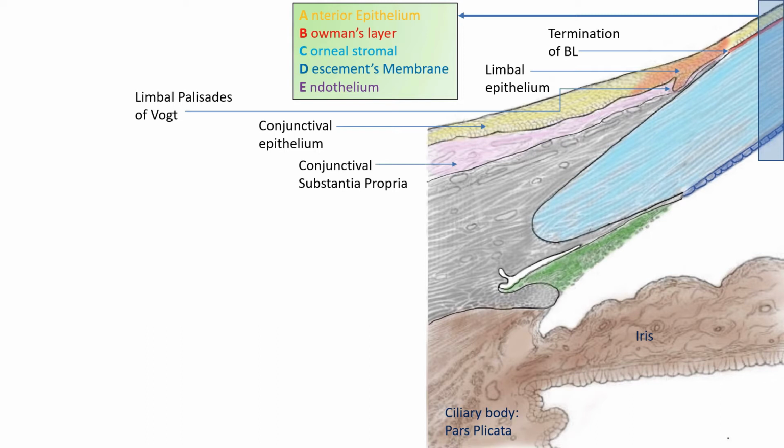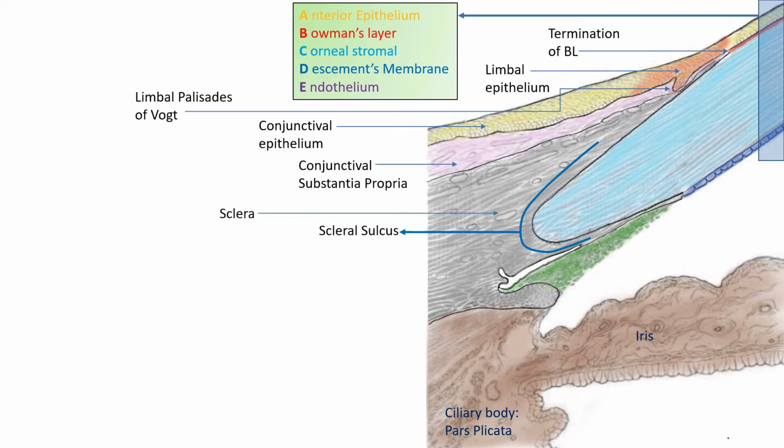Let's go to a lower level, the corneal stroma, in this diagram shown in light blue. At the level of termination of the Bowman's layer, we can see that the corneal stroma starts transitioning into the sclera. As we go ahead, we see a smooth convex shaped termination of the corneal stroma, and the sclera shown here in grey has a concave shape surrounding the termination of the corneal stroma. This junction between the two is called the scleral sulcus. After this point, the opaque scleral fibers continue throughout.